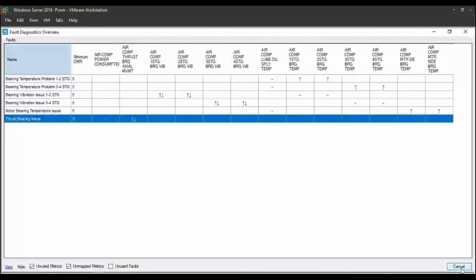Now, as to the question of how we define these relationships: how do we come to the conclusion as to what this actual relationship is? For that, we derive from the templates that are already available with us, from the help of Aviva's vast experience. In those templates, the various kinds of fault diagnostics relationships are already defined. And the particular fault diagnostic signatures that can be applied to a particular project depend on what kind of data is available for that particular equipment.